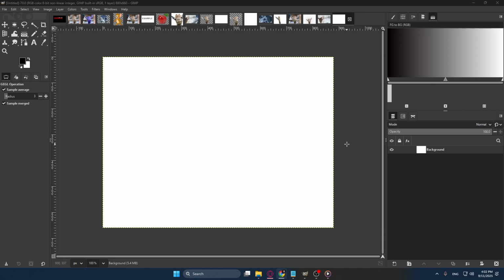Once GIMP is open, you'll notice that the interface can sometimes become a bit overwhelming, especially if customizations have altered the window layouts and positions. Perhaps you've experimented or tried to find the best setup for your workflow, but things have shifted and it no longer feels intuitive. No worries, we're going to bring it back to the intuitive setup you first encountered